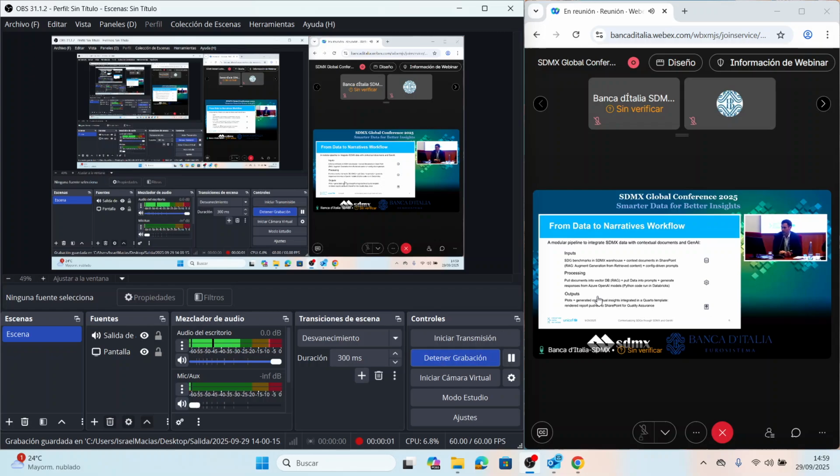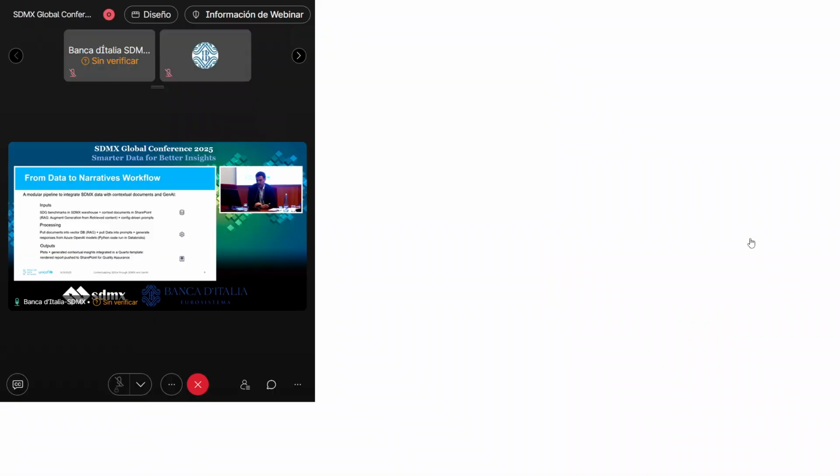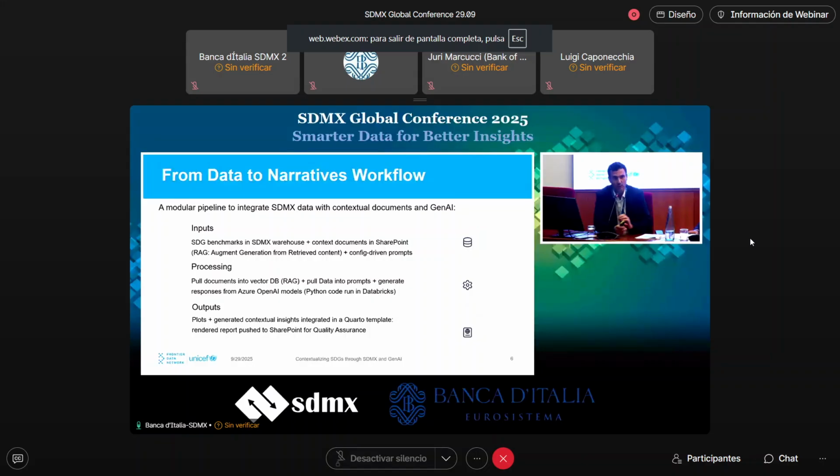and LLMs. What we have put into place is the integration of structured data, contextual documents, and LLMs in a modular pipeline. So our inputs will be a data flow in an SDMX data warehouse, and context documents, for example, economic reports from the World Bank, that is a handbook, let's say, of the latest 3 months on how countries are performing in terms of economic indicators. So everything that domain experts can drop into a SharePoint folder, from which we are going to